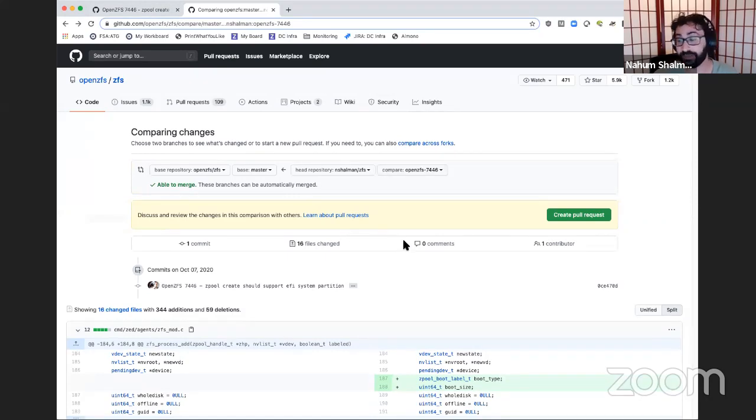But I can compile this. I have not had a chance to test it yet, but hopefully I'll be able to sometime in the next day or two, test it and confirm that it actually does work and doesn't break anything, and then can open up a PR. Yeah, so that's what I did.